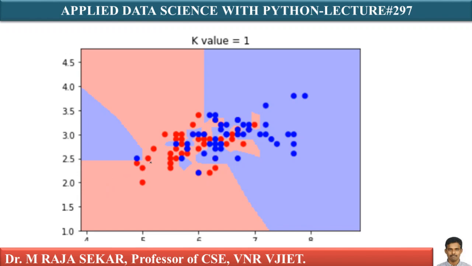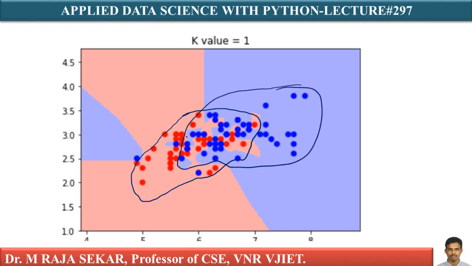This data set is such that there is some overlap. Just see, these are my red points. What about my blue points? These are my blue points. There is some overlapping region. That's why this data set is known as an overlapping data set, isn't it? There is some overlap between the blue class and the red class. Now what we are saying here is, given this overlapping data, how does the decision boundary change? How do these red and blue areas change as the k value changes? That's our intention to understand.